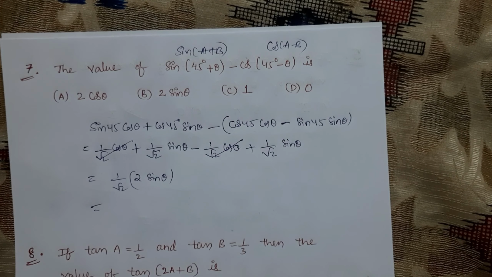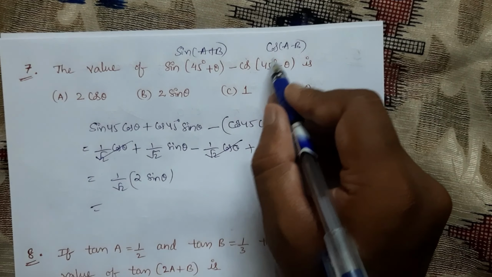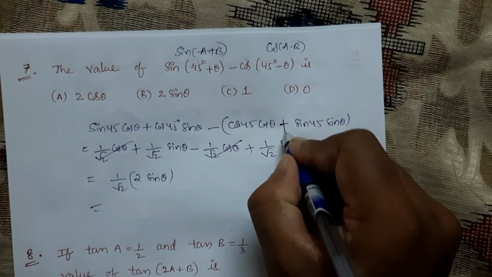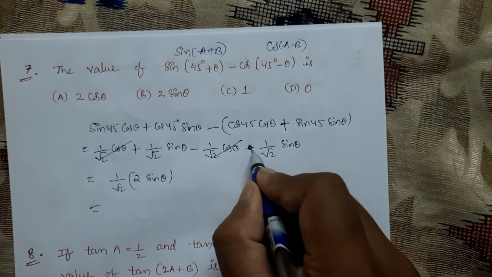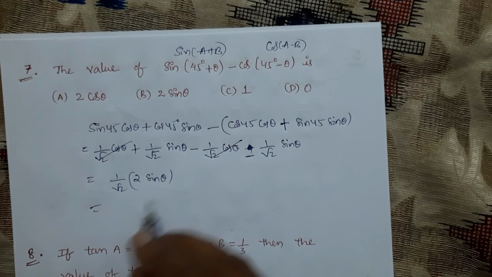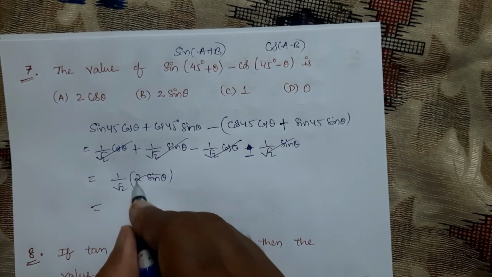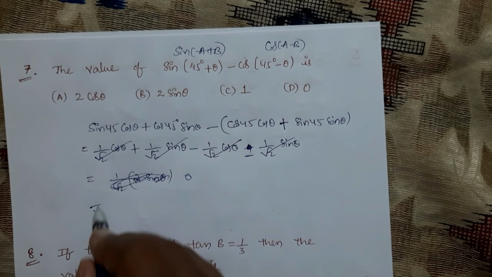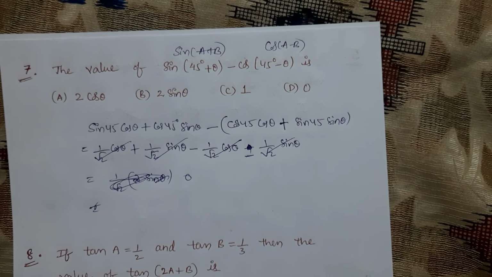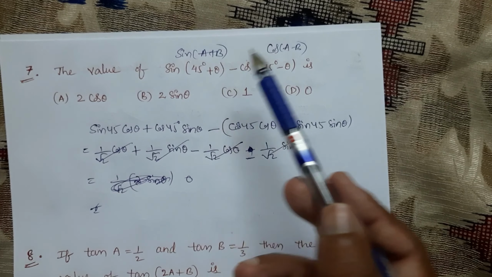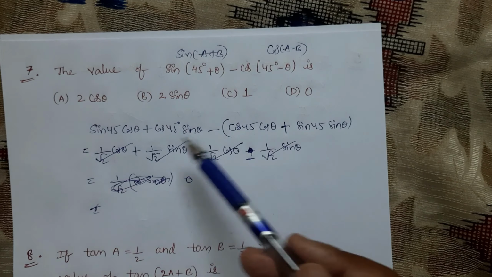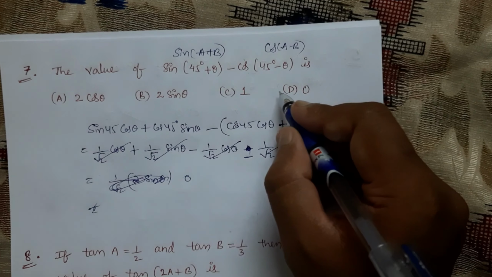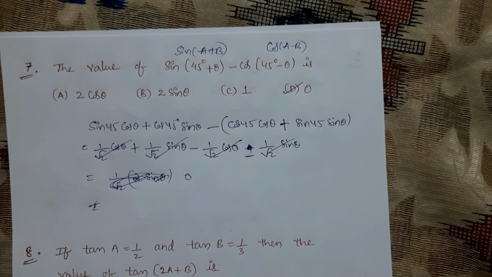Okay, but here plus will not be there. Why? Because cos of a minus b means it will become plus, that means minus into plus, this also will become minus, then these two also will be cancelled. Okay, then directly we will get the answer 0. See, simple. You apply the formulas of sin of a plus b minus cos of a minus b. Okay, these all terms will get cancelled, we will get the value 0. Next one,